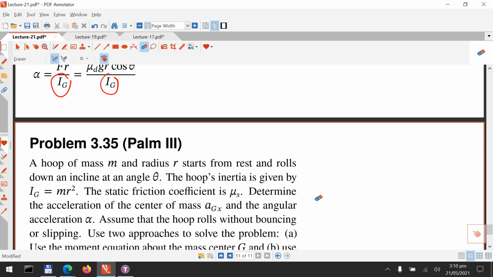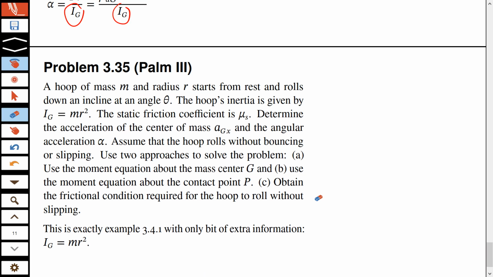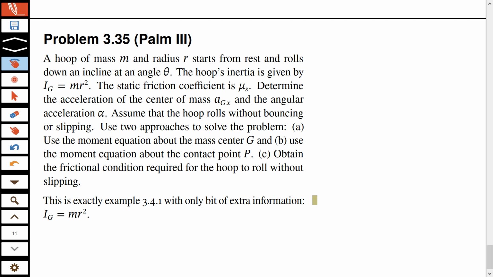But in the final problem of this lecture, problem 3.35, although he is not explicitly saying a hoop, instead of a rolling cylinder, you see this hoop. A hoop is actually a kind of ring which is empty at the circle in the center. But anyway, you are given the mass and you are given the radius, and it starts from rest and rolls